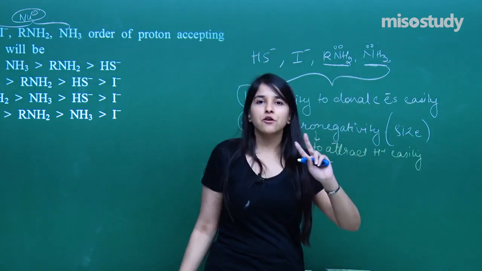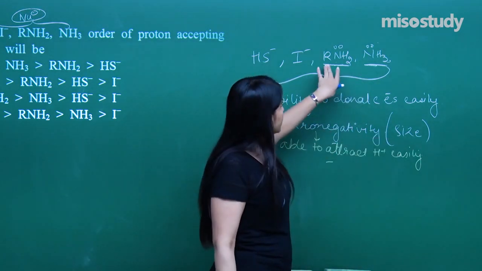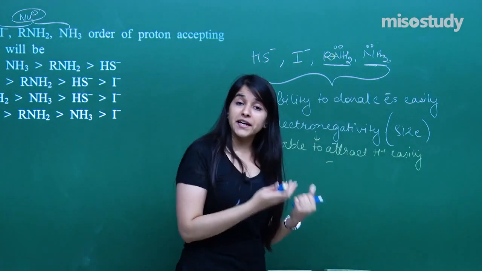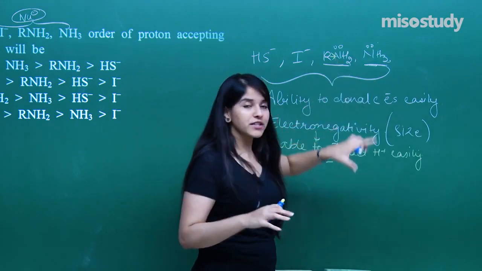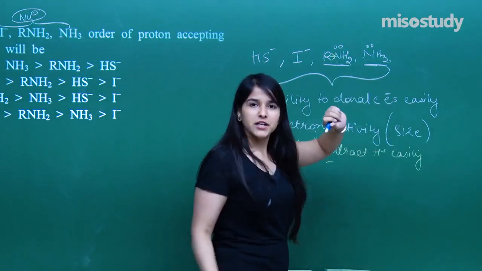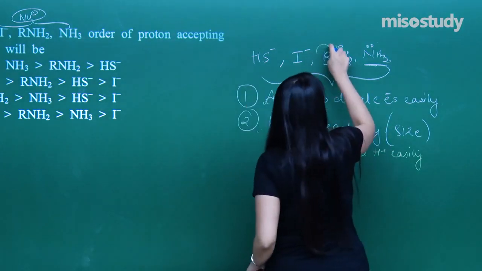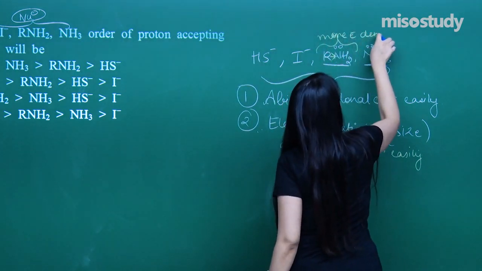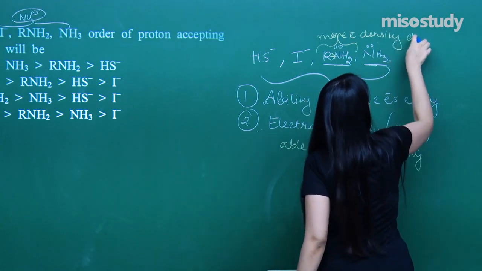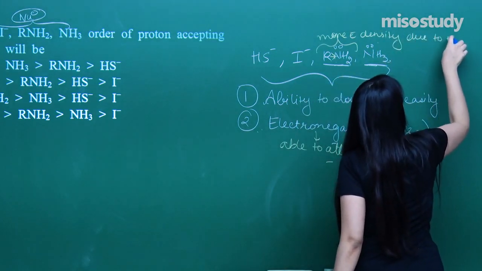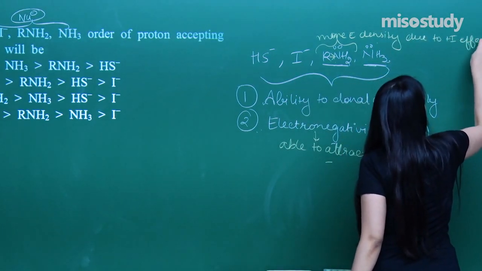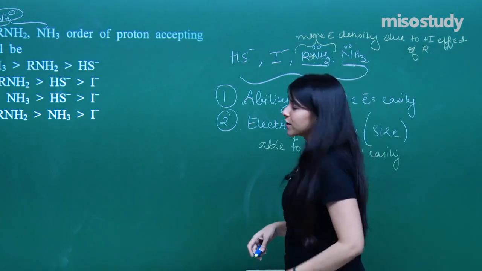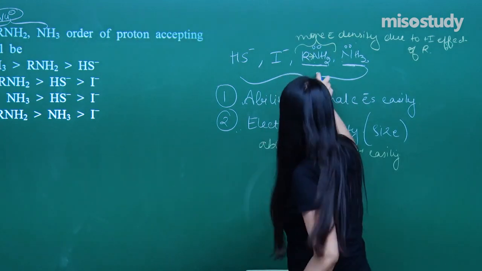Now out of the two, how do I eliminate one? So as you can see over here, there is R group again donating. So it will be increasing the electron density onto the nitrogen more as compared to the ammonia. So here more electron density due to plus I effect of R. So that is what is going to be our approach. That means I have got the option number 1.